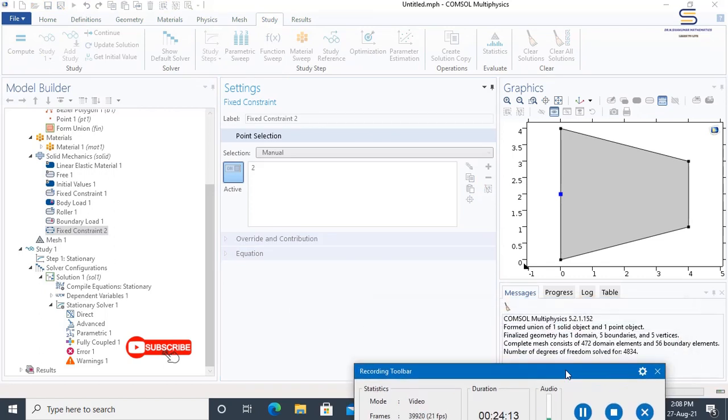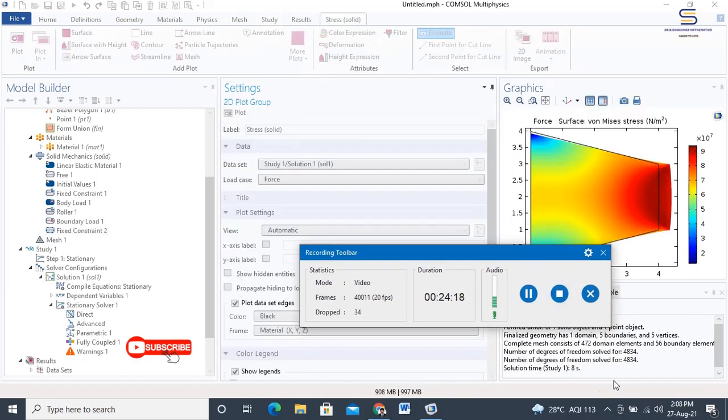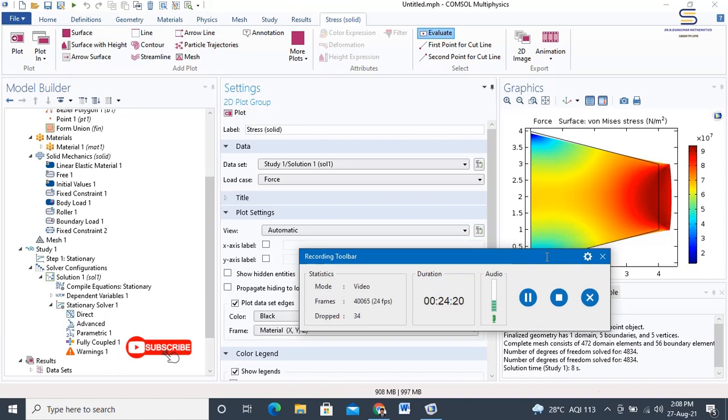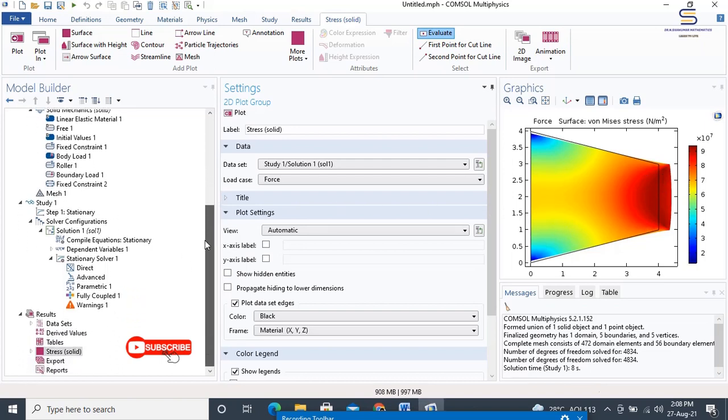As we observe, it is clear that there is a progress bar and a perfect simulation has resulted. This simulation shows us that the von Neumann stresses are available not just on the surface of our geometry but extruding beyond this geometry through a deeper region of red zone, and you can see the color mapping on the right to see that it is on the order of 10 to the power 7.